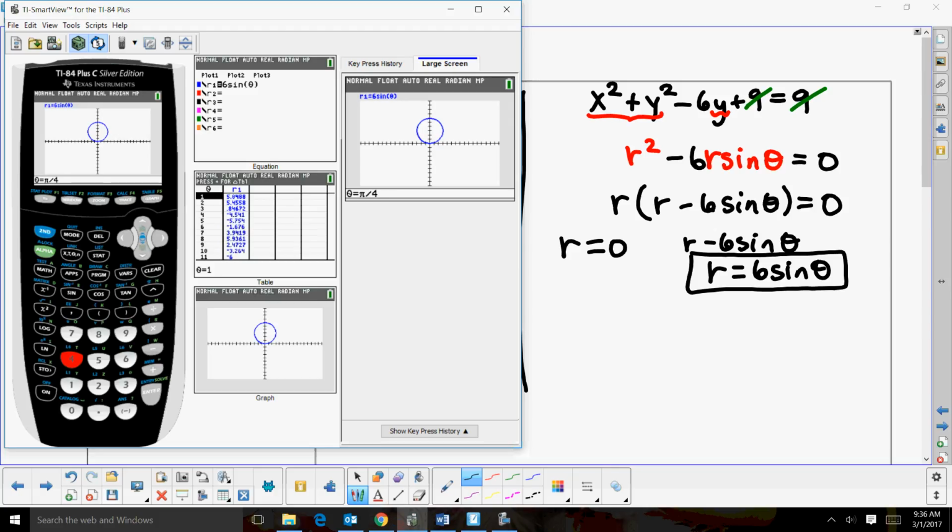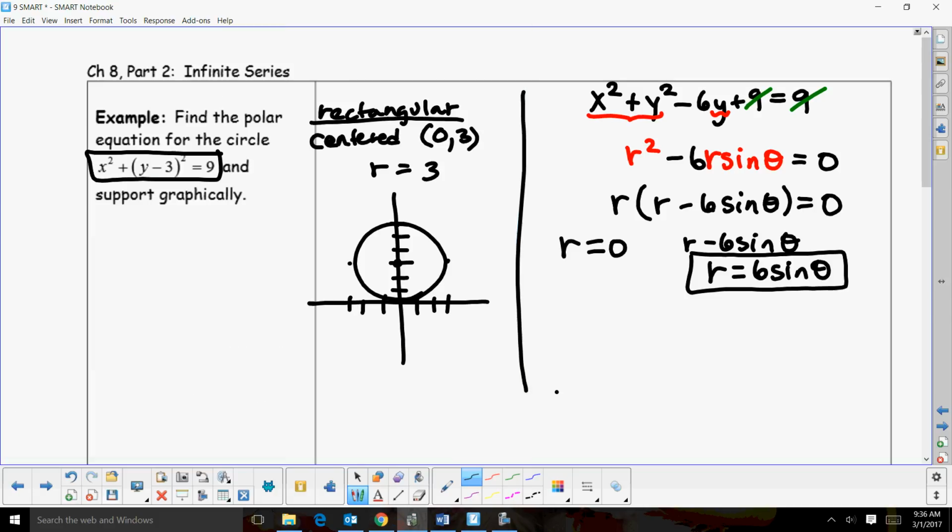Radical 2 over 2 times 6 would be 3 radical 2, which should put me at the point (3, 3). So think about that relationship. If I have this 3 radical 2 distance that I'm going out, remember in geometry that'd be 3, 3, 3 radical 2, x, x, x radical 2. Okay, so that pi over 4 is making the,